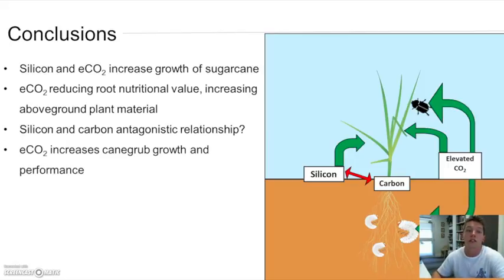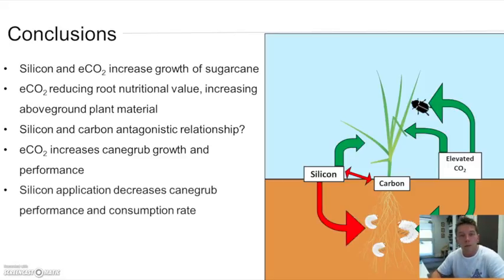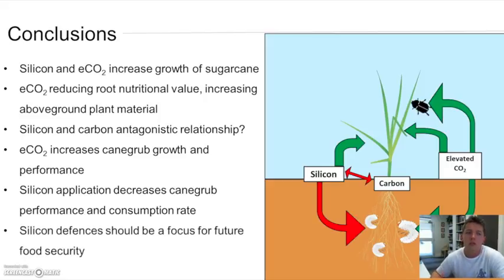We're also seeing that under elevated CO2, cane grub growth is increased, and the performance and the consumption is also increased. But the application of silicon dramatically decreases cane grub performance and also dramatically reduces their consumption rate of the root material. So from this, we can take that silicon defenses should be a focus for the future of food